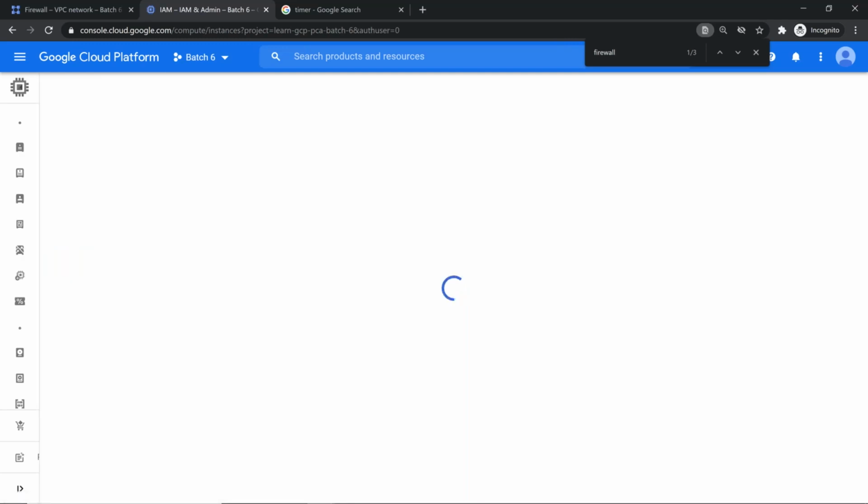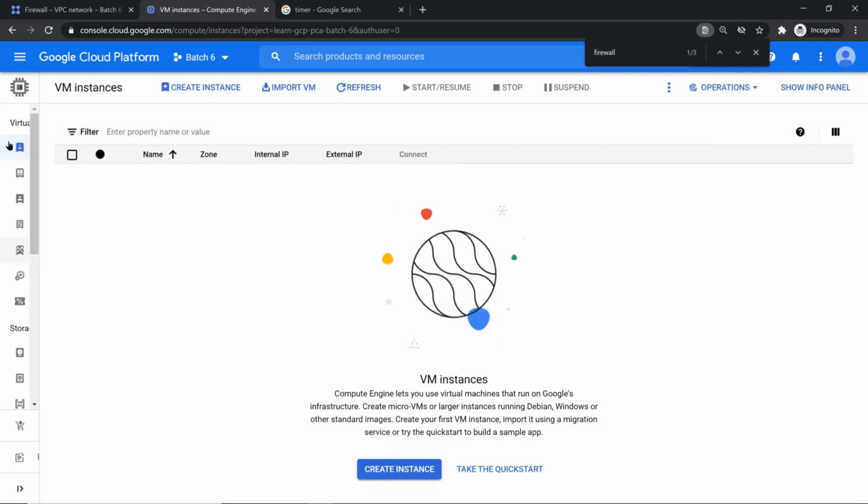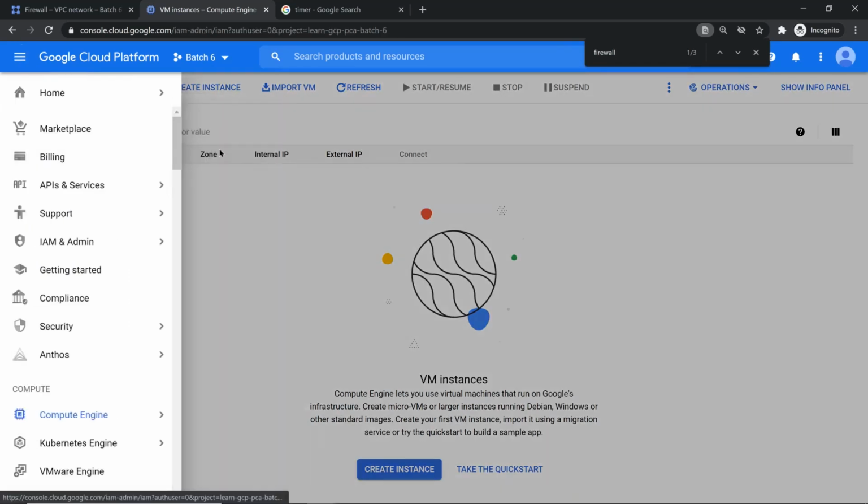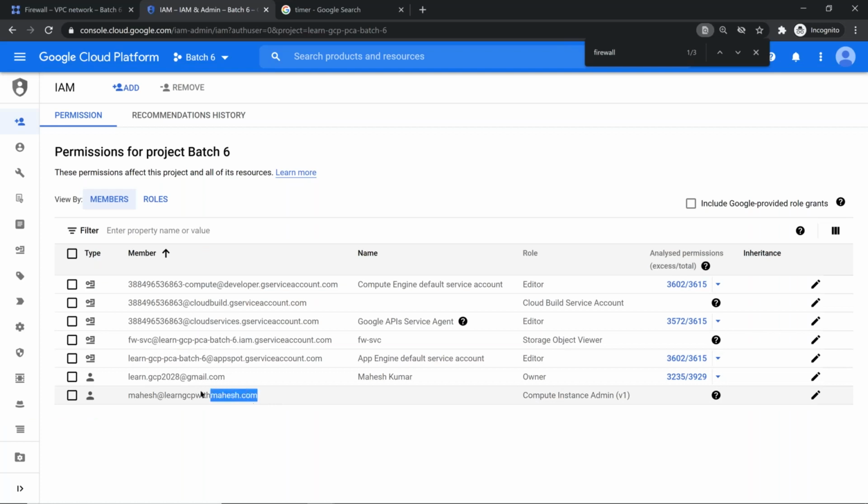So in batch 6, I may not have any VMs. I don't have any VMs. What I'm going to do now is log in as this user in my Edge browser, and show you I am going to create two VMs. Both the VMs I'm going to create with all the default settings. Then the other one I'm going to create with a service account which we created, and we'll see how things are going to work. Okay, so